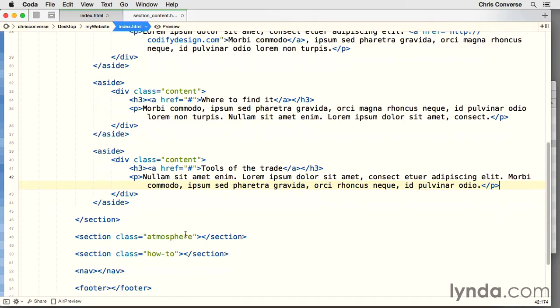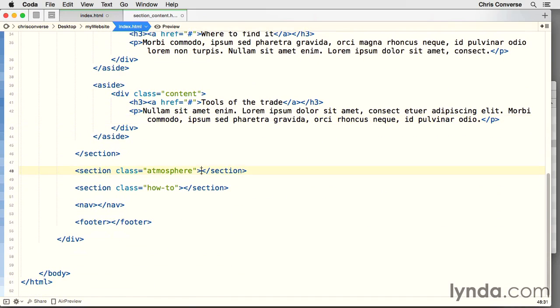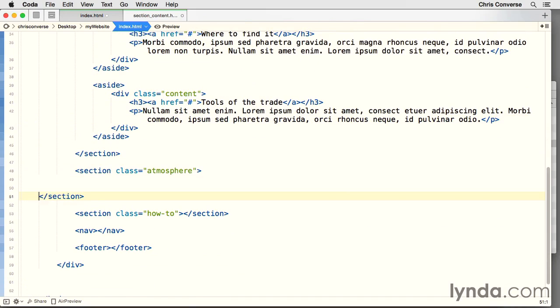Now we're going to add some content to the section with the class of atmosphere. So let's scroll down here and find that section element. Let's hit a few returns, split this open. And now before we add any tags here, let's review the HTML elements we're going to need based on the